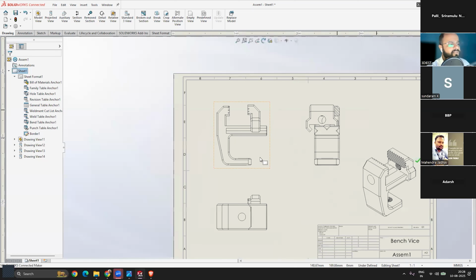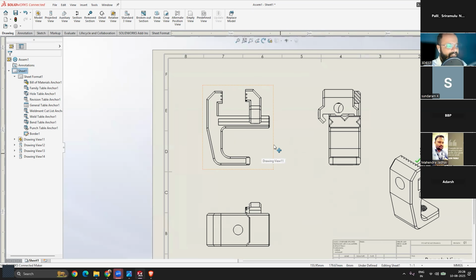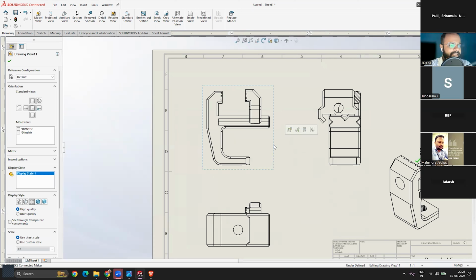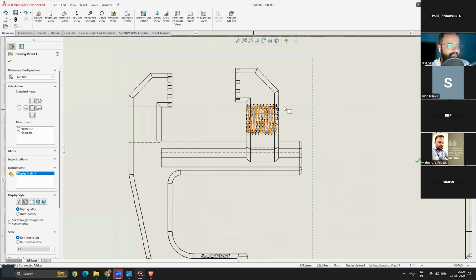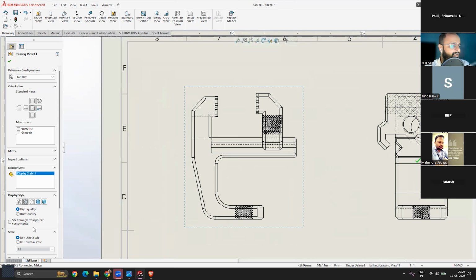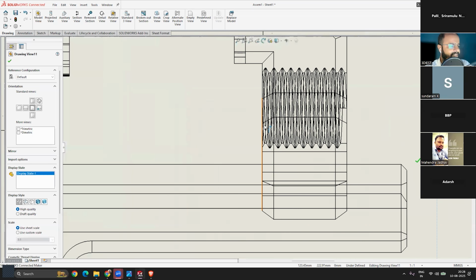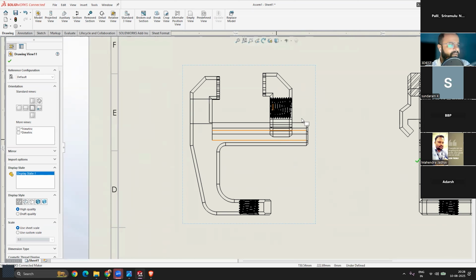Now, if you make any changes to the parent view, for example, if I select this view, the moment I select it I will be able to see all the properties related to that view, right? In these properties, the main thing is the display style. Right now for this view, the display style is this one, you can see this one is active, right? This is called hidden lines removed view. If we change this to this one, you can see all the hidden lines are also visible. For example, the hole in this part and the threads are also visible. But if we change this to this one, you can see this is getting more complex, right? More hidden lines are visible.